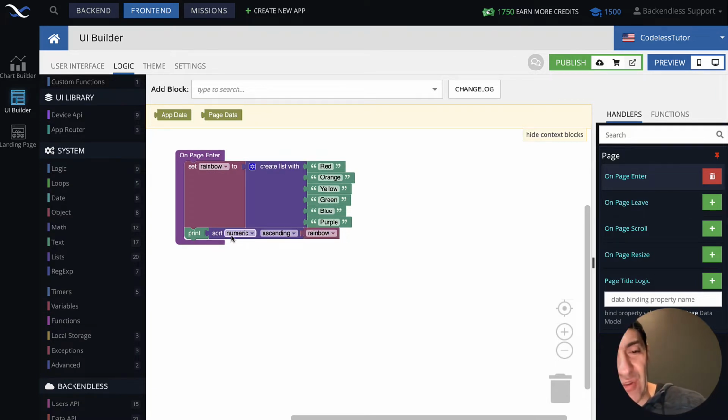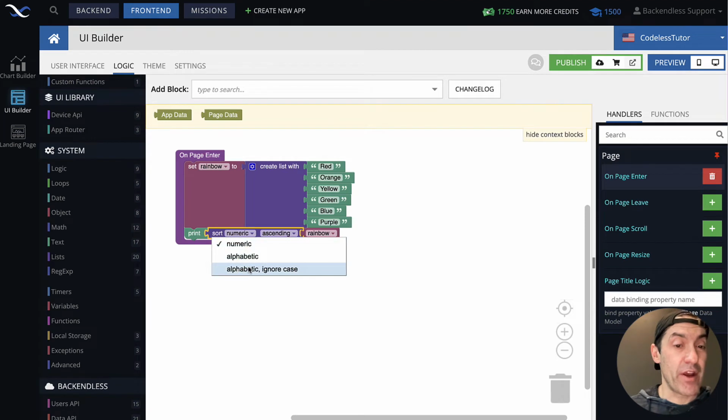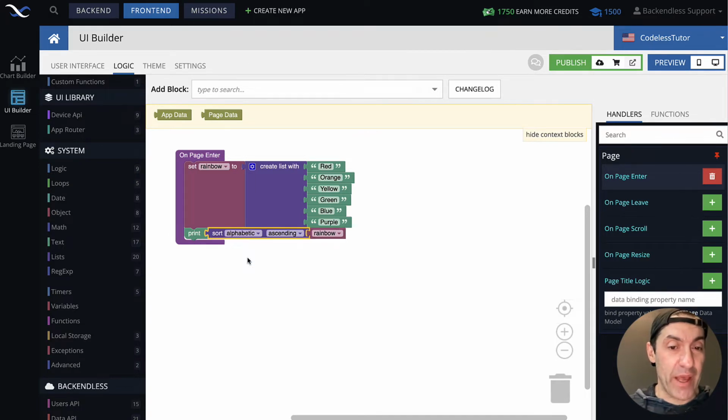And let's inspect these drop downs in the sort. By default, it says numeric ascending. Click on numeric, and you will see there are three options. You can sort by the numbers in the list, and that's where numeric applies. In our case, it doesn't apply since we store string values. So select alphabetic.